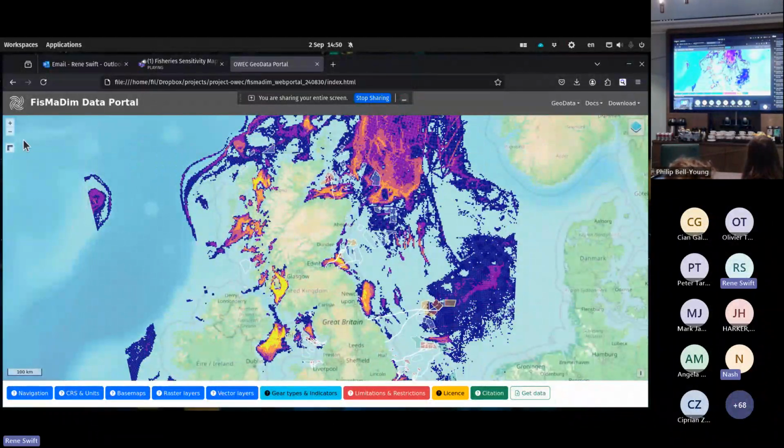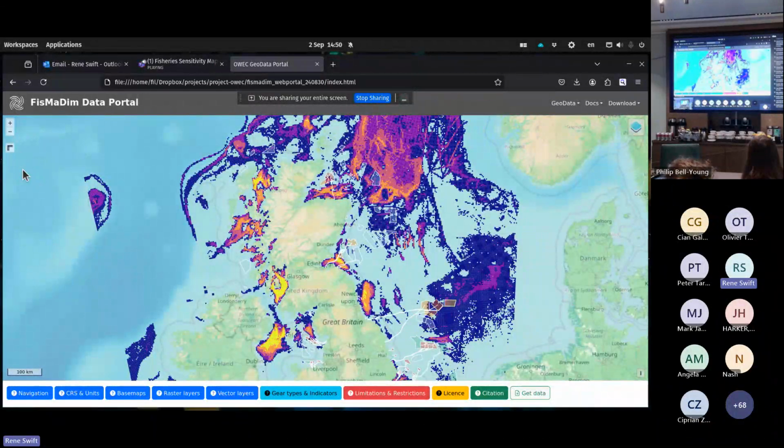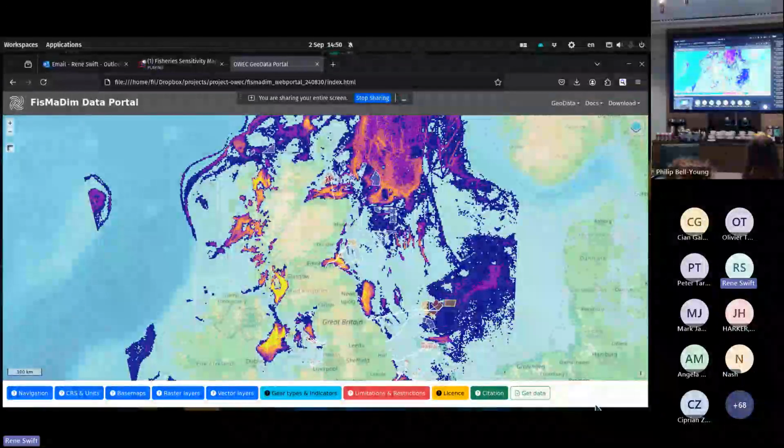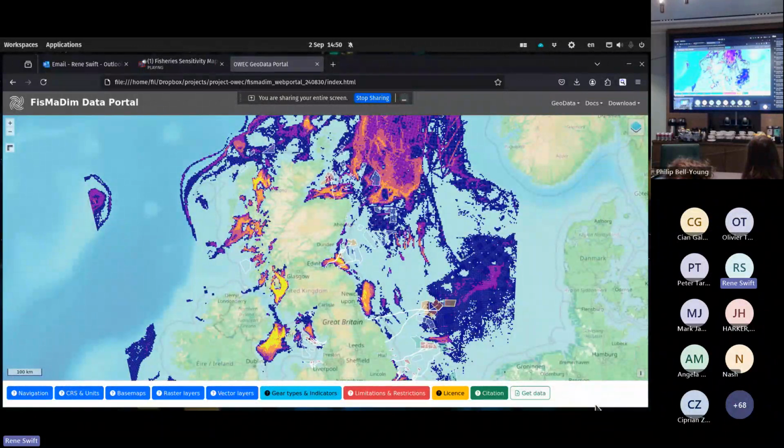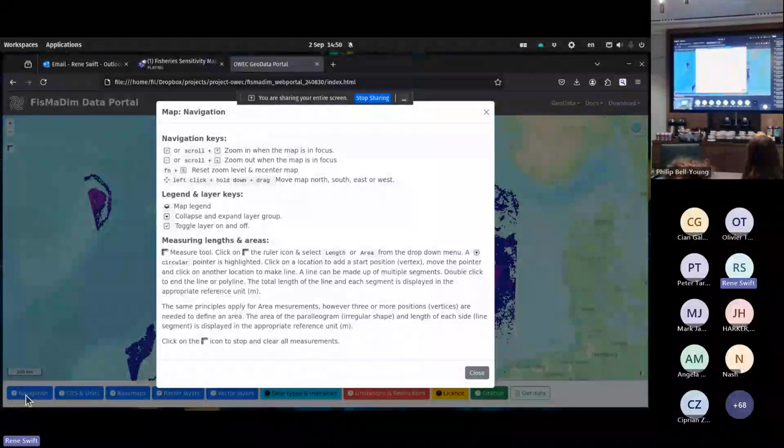Over to the left-hand corner of the web page, you've got some basic tools for zooming in and zooming out and doing some measurements. And along the bottom, you have what I call the most important or useful information, in my view. The first button gives you access to some information about how to scroll around the website and how to use each of the different tools.